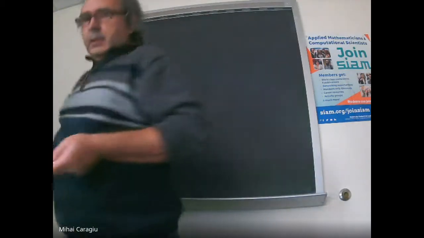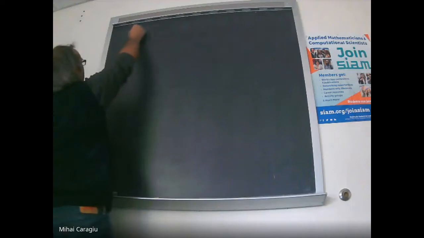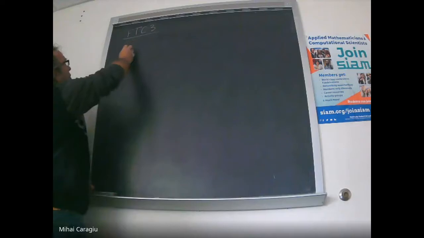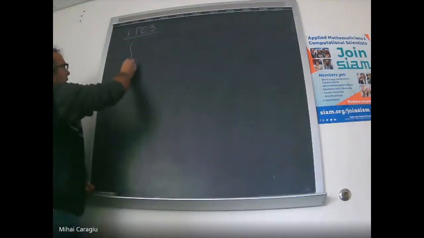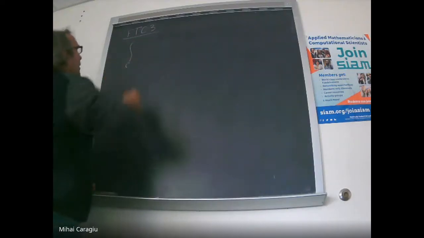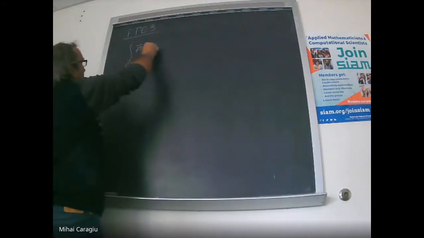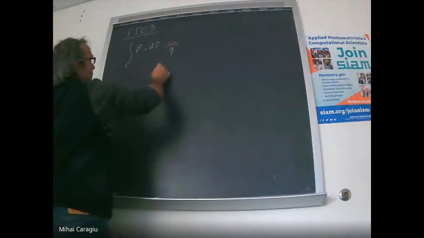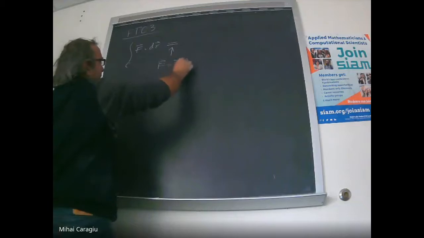Okay. A special case is when the force field to integrate is a gradient field. So this will bring us to the fundamental theorem of calculus 3, FTC 3. So what's the idea here? According to FTC 3, the line integral over the curve C of F dot dr, assuming that the force field to integrate is the gradient of some scalar field phi,